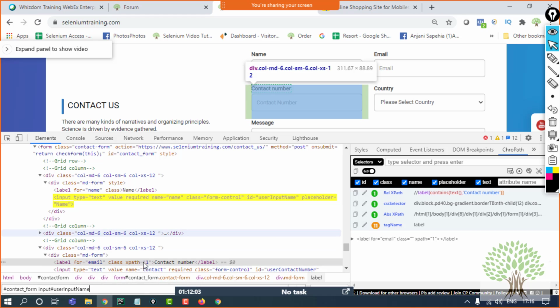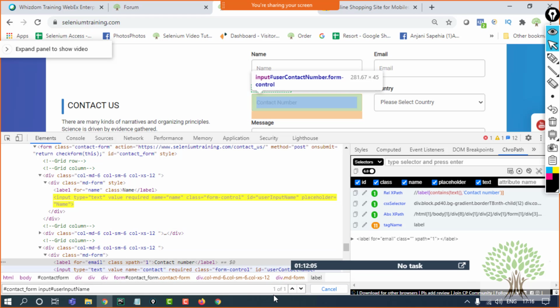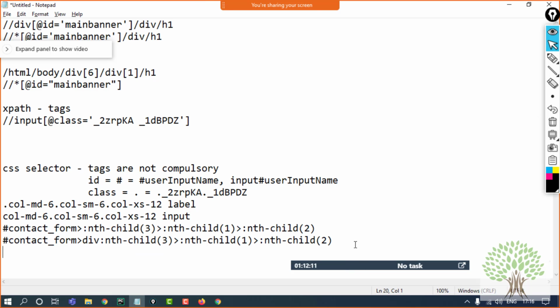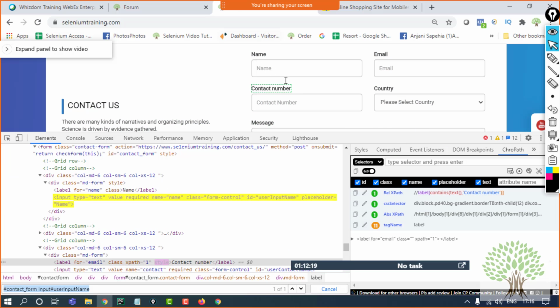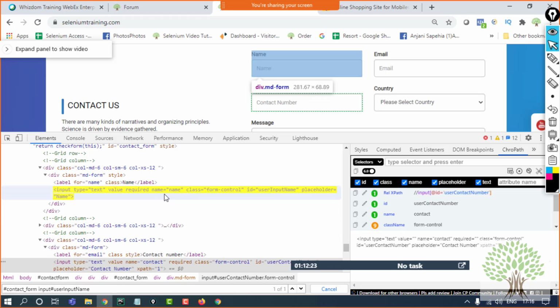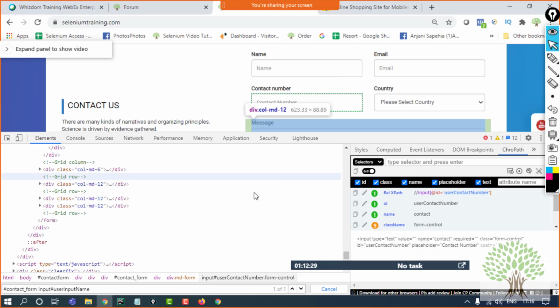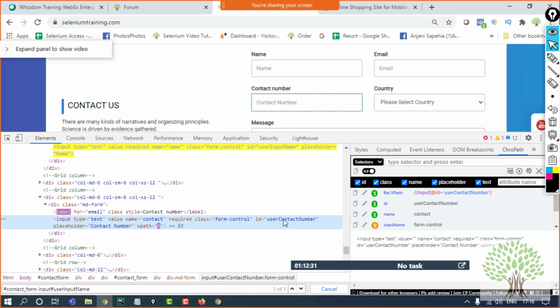So that only element got highlighted. Over here you can see one element has been highlighted. This way, in the whole form, it itself looked for the input tag which has this ID. If I look for this particular element and look for the ID or class, whatever I want to use, it extracted the wrong one over here. It has user contact number.